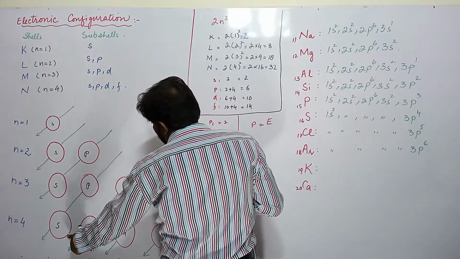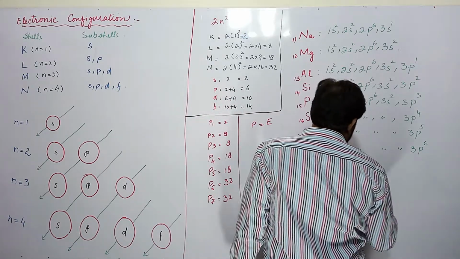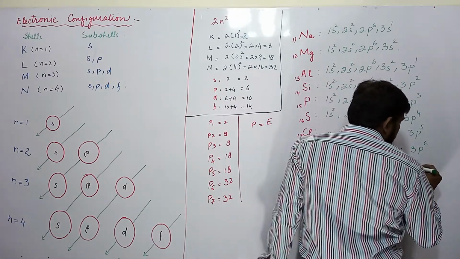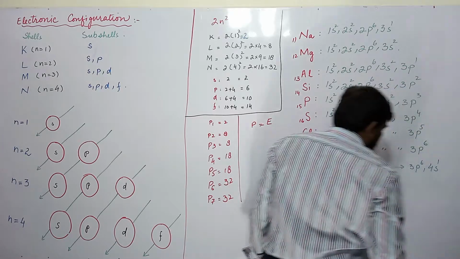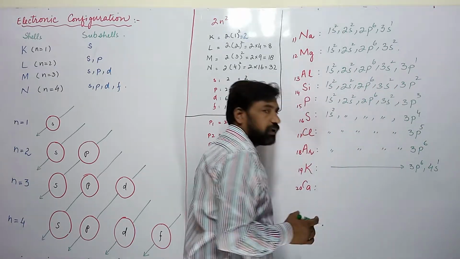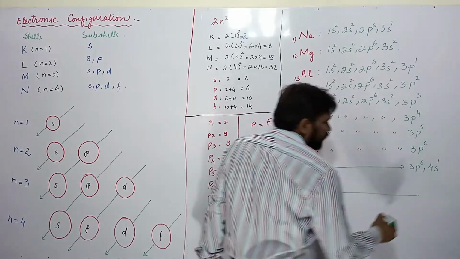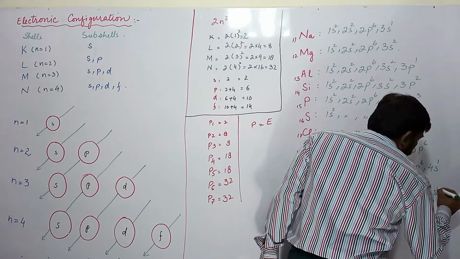After 3p there is 4s. So complete electronic configuration will be same up to 3p6. Then after 3p, 4s1. And in case of calcium here whole electronic configuration will be same up to 3p6 and one electron will be added in